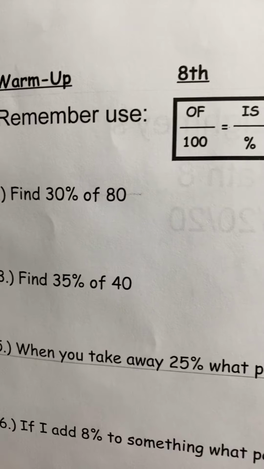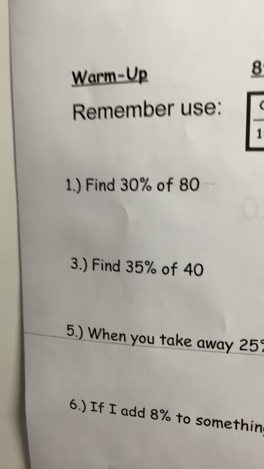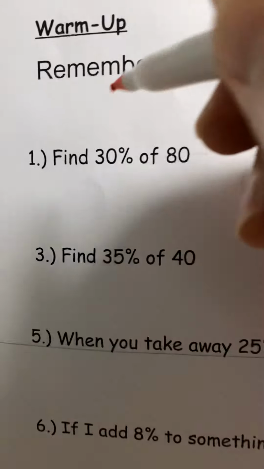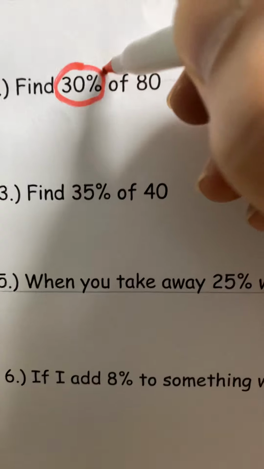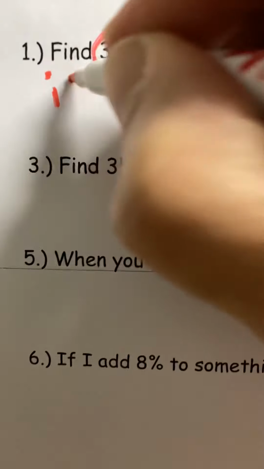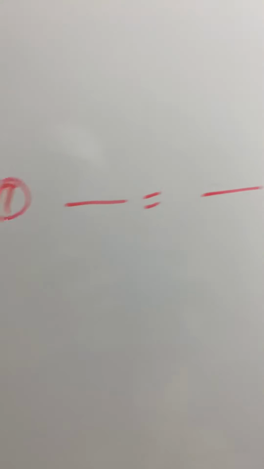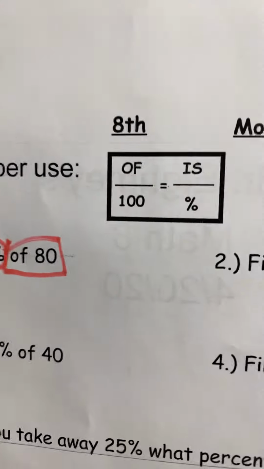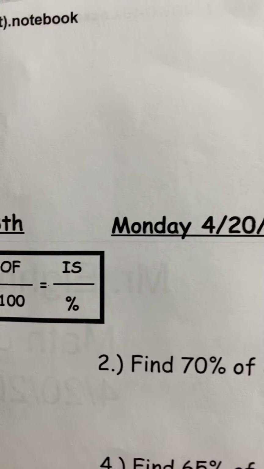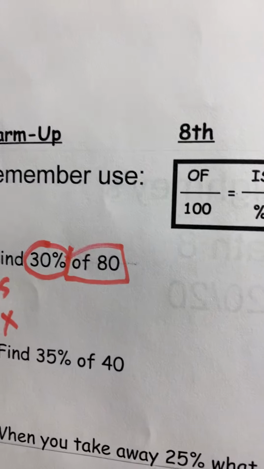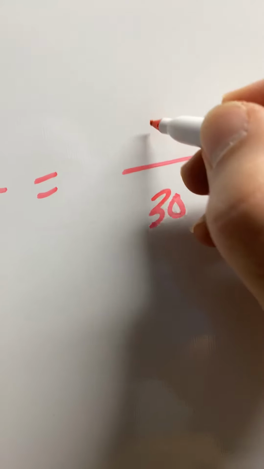Find 30% of 80. Okay, so find 30% of 80. Well, we're going to do number one right over here, but we have percent and we have of. We don't have the is, so that's going to be our x. So now let's fill in what we know in our proportion over here. 30% of 80. So 30%, percent is on the bottom. So 30 goes right there. Of 80. Well, 80 would go on the of, which is in the upper